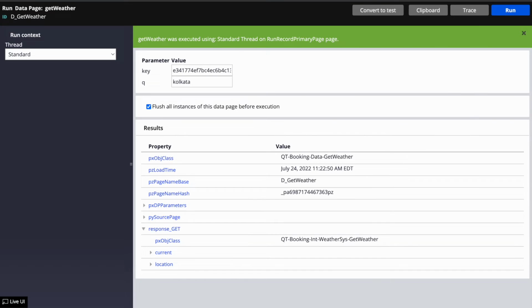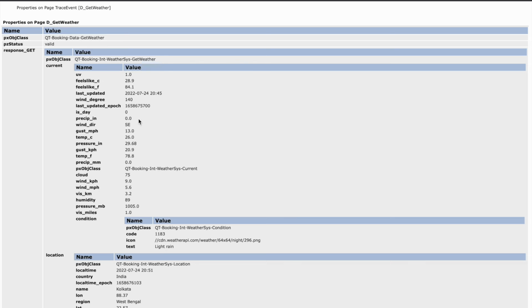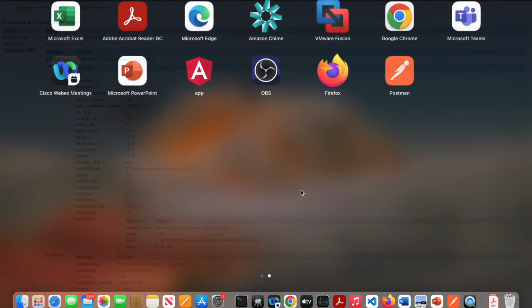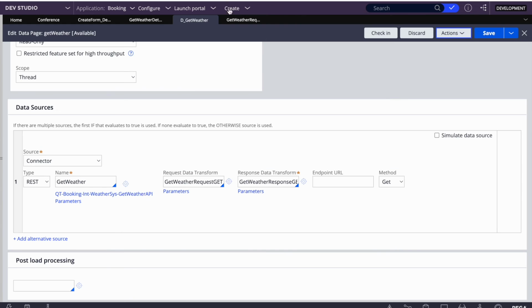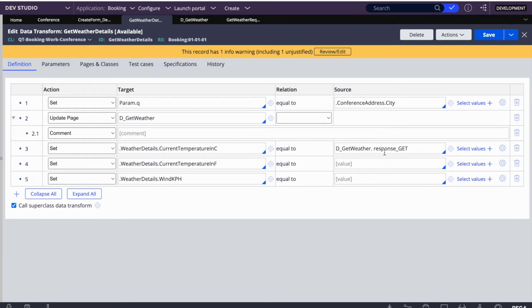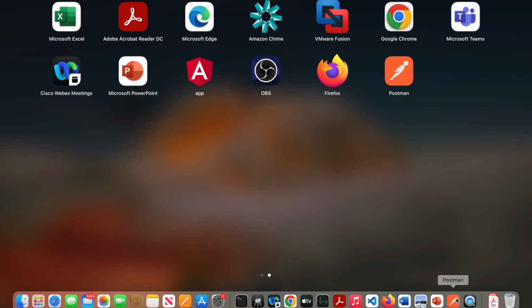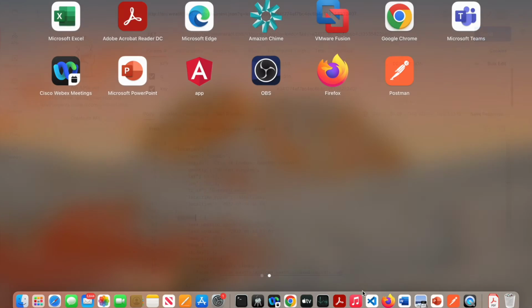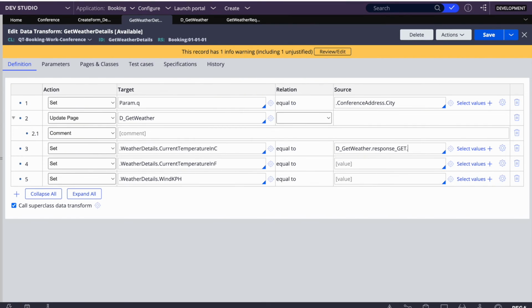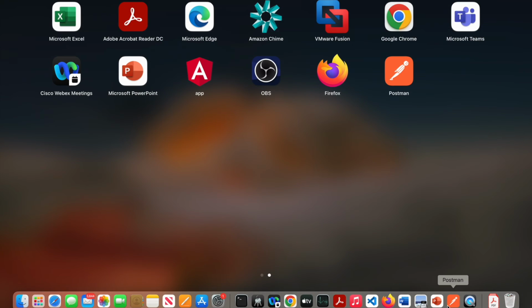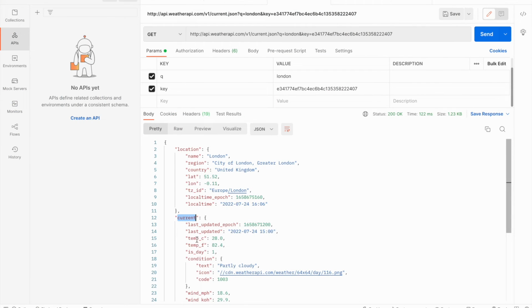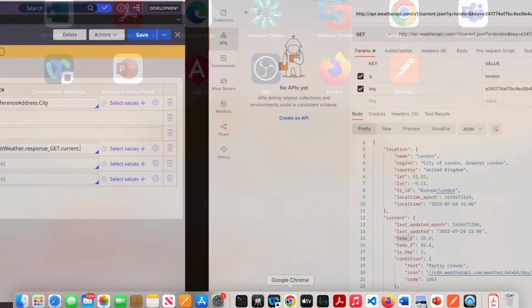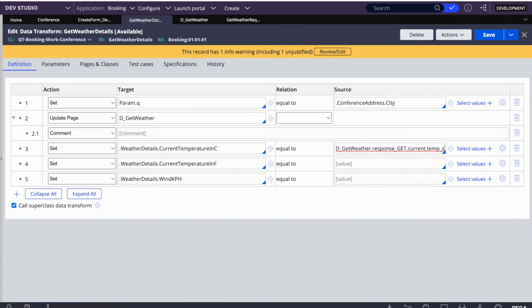We need to understand that structure. So if you see here d_get_weather, we have to use this response_get, d_response_get here, and then inside that, let's see where we have that temperature in C. If you see temperature_C, we have _current. So we have to say current.current, and then dot temperature_C. So this is how we have to map it, and then we can do temperature_F,